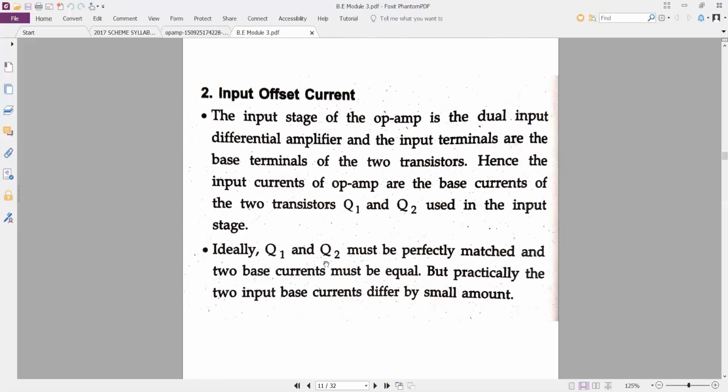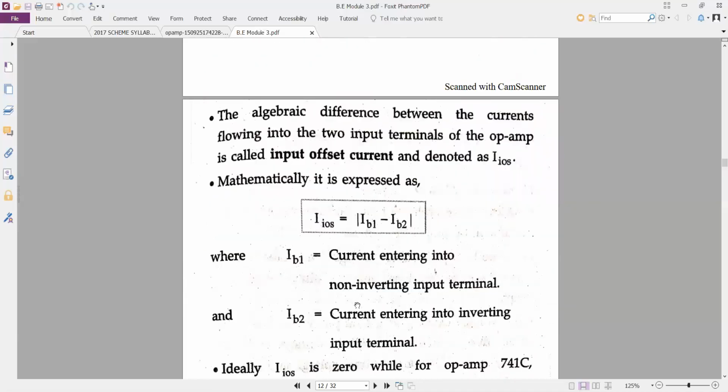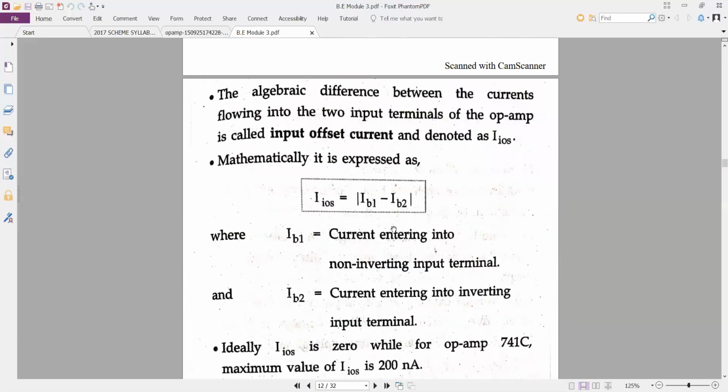Ideally speaking, Q1 and Q2 must be perfectly matched. In the two cases, the two base currents must be equal, but practically the input base currents differ by a small amount. The algebraic difference between the two currents flowing into the two input terminals of the op amp is called the input offset current. I repeat, the algebraic difference between the currents flowing into the two input terminals of the op amp is called the input offset current, and we denote it by